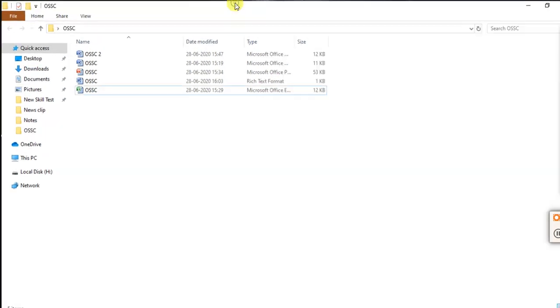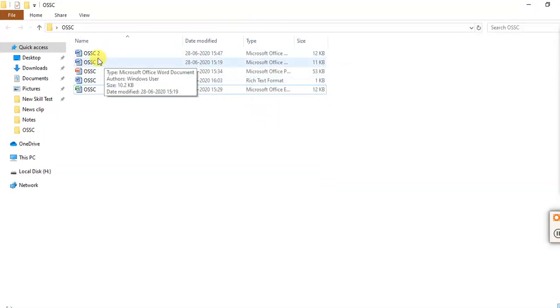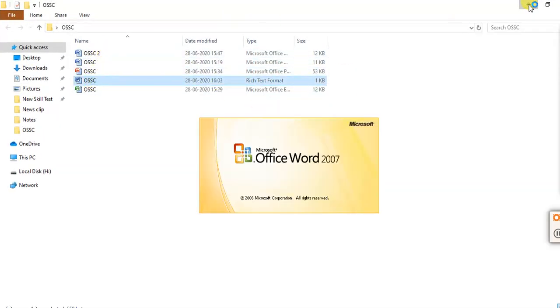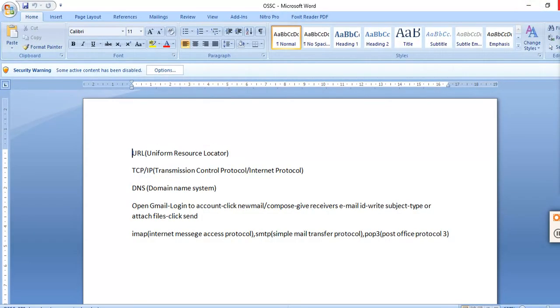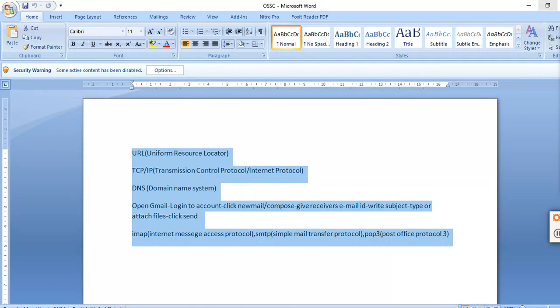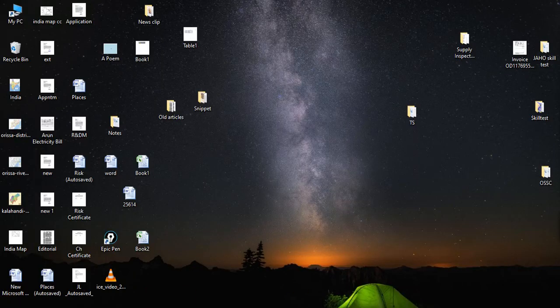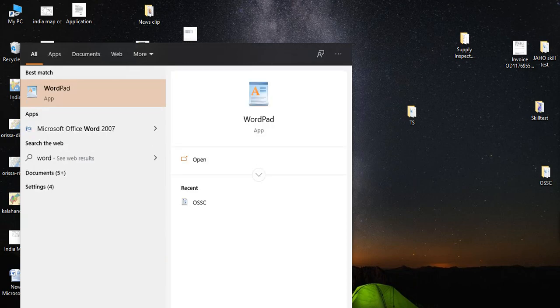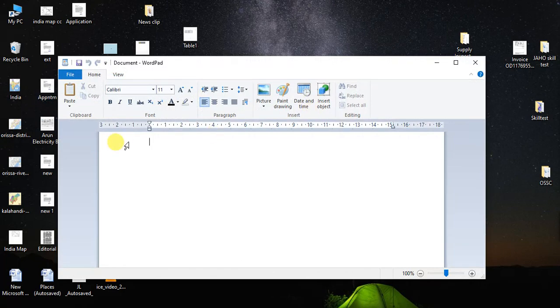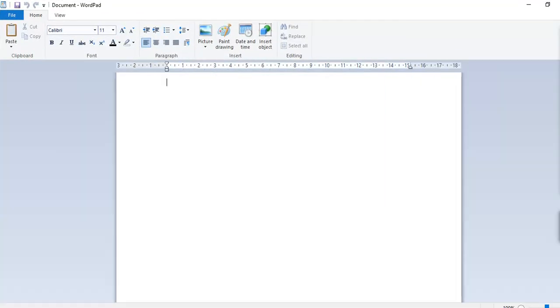So I just made this Word document. You have to select it in this manner. Go to Start, type WordPad, and then write down the first question.